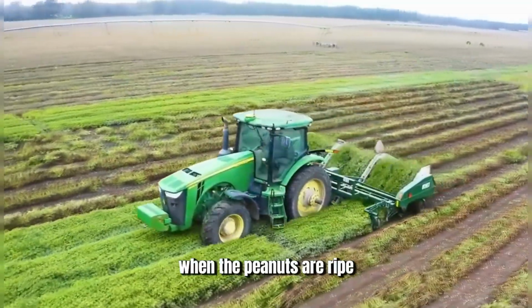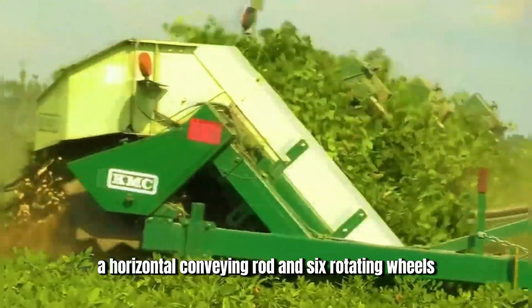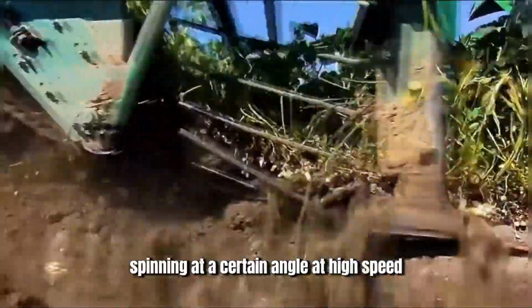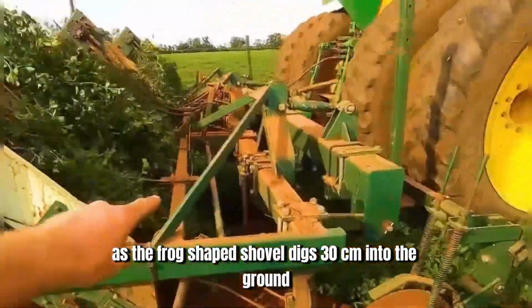When the peanuts are ripe, the first machine used is the peanut inverter. It consists of a frog-shaped shovel, a horizontal conveying rod, and 6 rotating wheels. Each 2 rotating wheels form a group, spinning at a certain angle at high speed. As the frog-shaped shovel digs 30 centimeters into the ground, the horizontal conveying rod at the back moves the peanuts